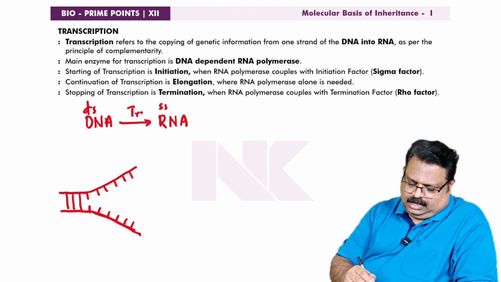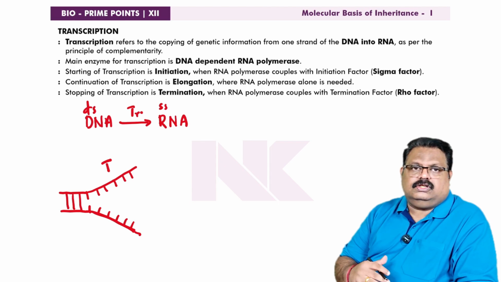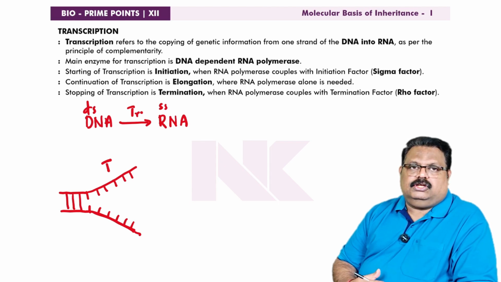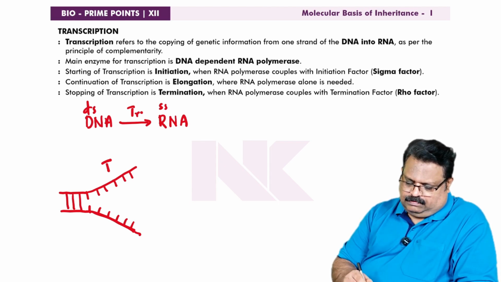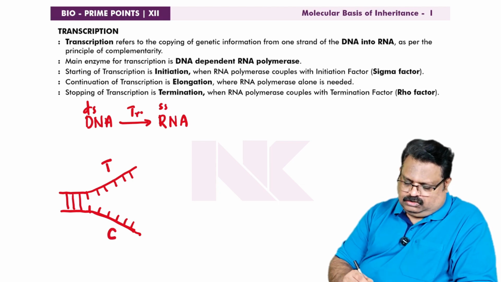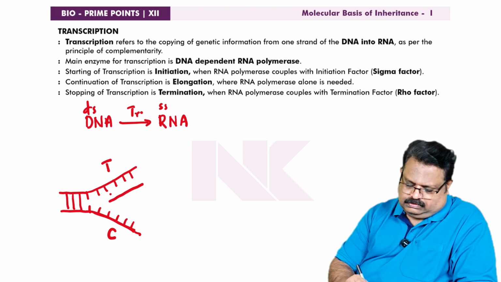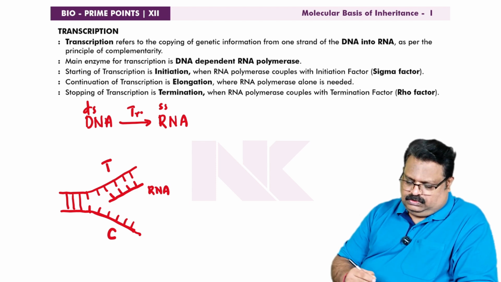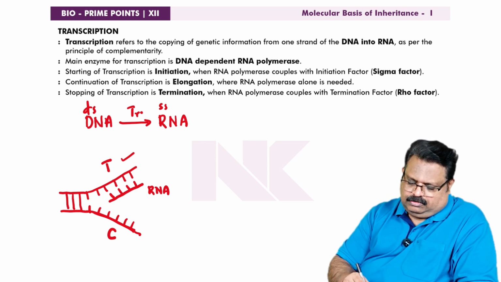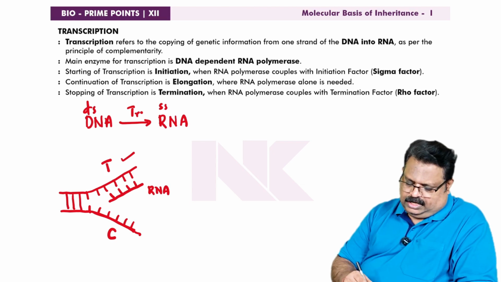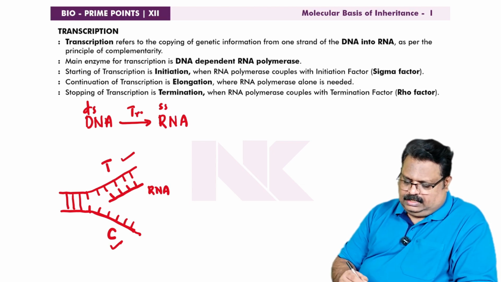Okay. One strand will be acting as a template and another never enters into the formation of RNA. The strand which never enters into the formation of RNA is called the coding strand. Based on the template strand, an RNA strand is produced. This is the RNA strand produced. The RNA produced will be complementary to the template. The template is already complementary to the coding strand, so the RNA produced will be structurally equal to the